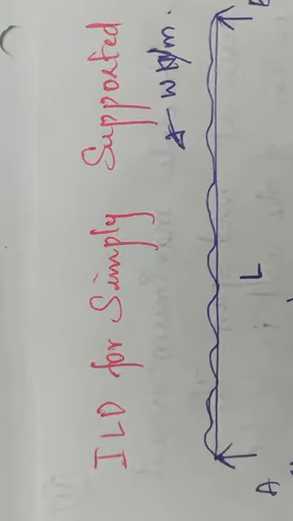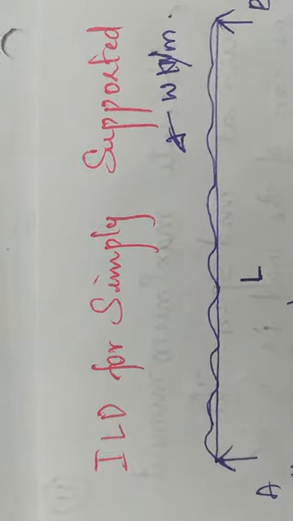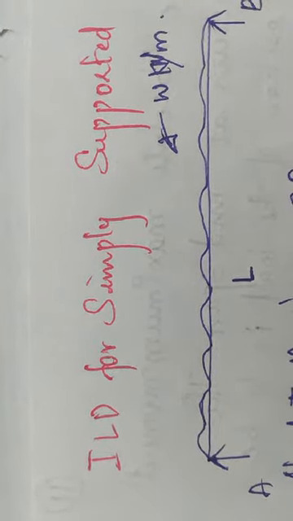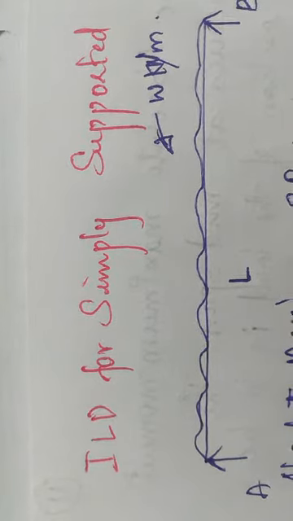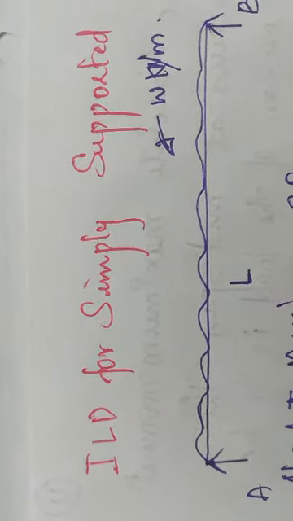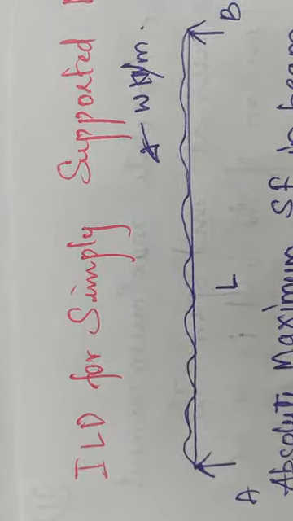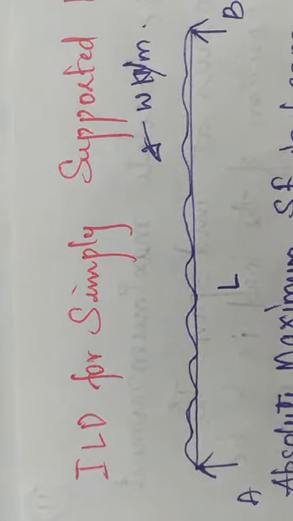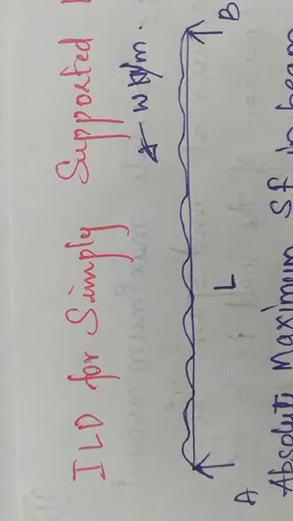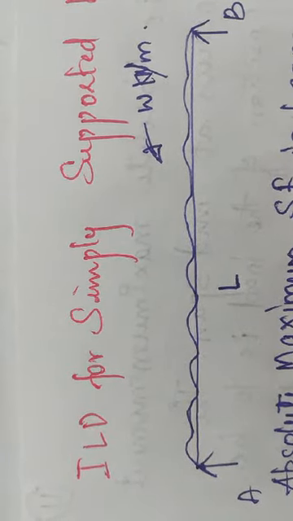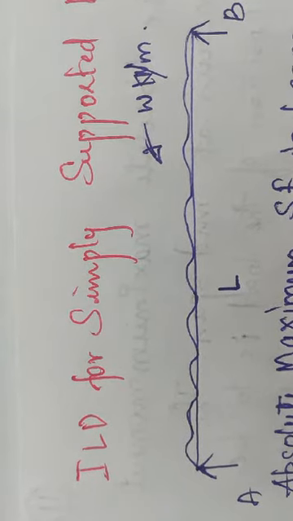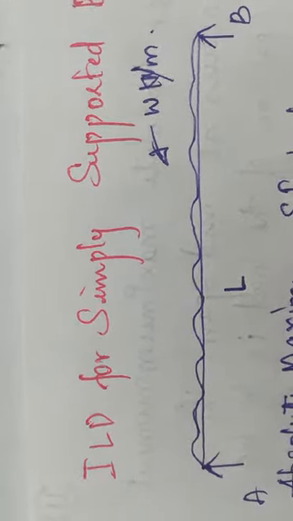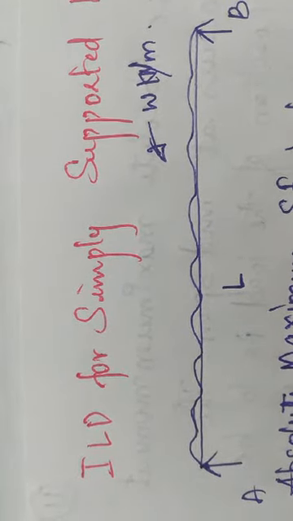Hello students, today we are doing a video on the influence line diagram for a simply supported beam carrying a UDL larger than its span, or longer than its span. In the diagram given, you have a beam that is simply supported at A and B, at a distance L, or the span of the beam is L, that carries a UDL larger than its span of intensity W kilonewton per meter.